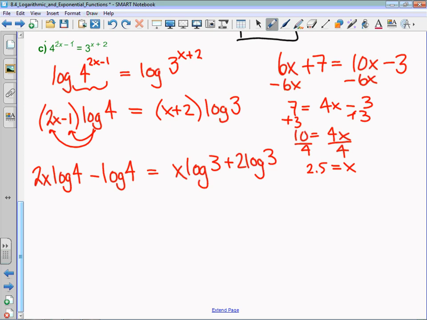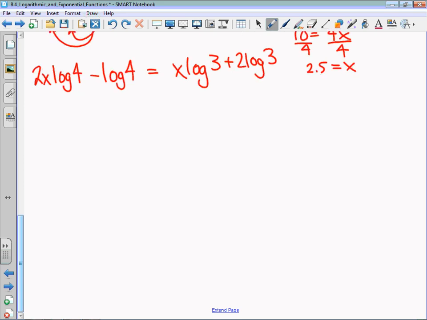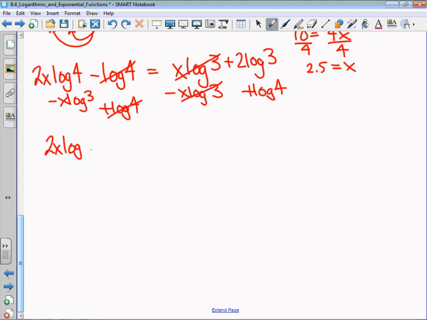And so what we're going to do is the same technique, which is I'm going to get all my terms that have an x on one side. And then I'm also going to get all my terms that don't have the variable on the other side. Now, by using these additive inverses, just like classic algebra, x log 3 minus x log 3 is 0, so they cancel. Negative log 4 plus log 4 is 0, so they cancel. And what we have is 2x log 4 minus x log 3 is equal to 2 log 3 plus log